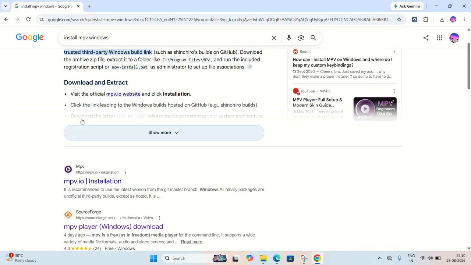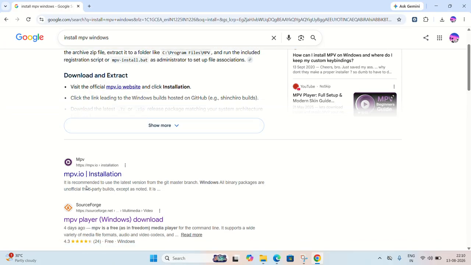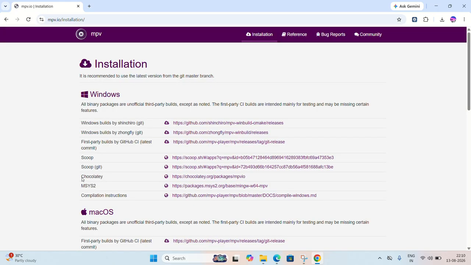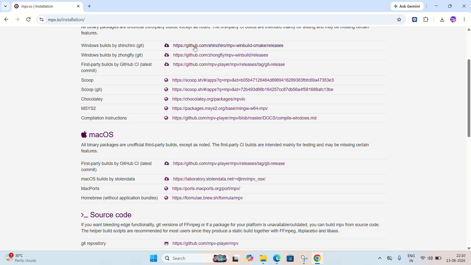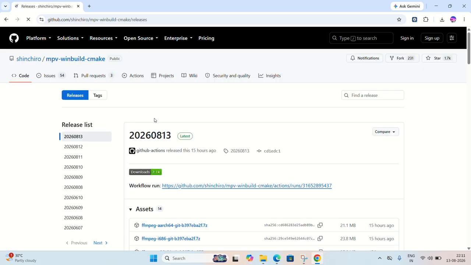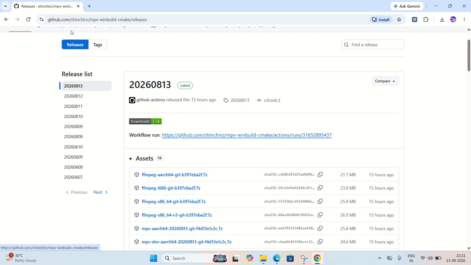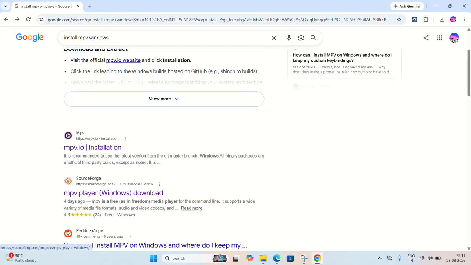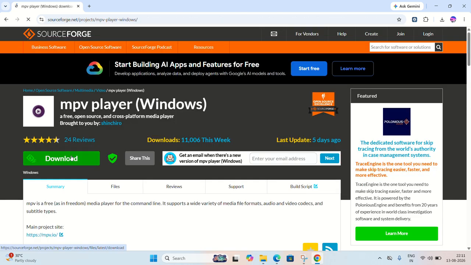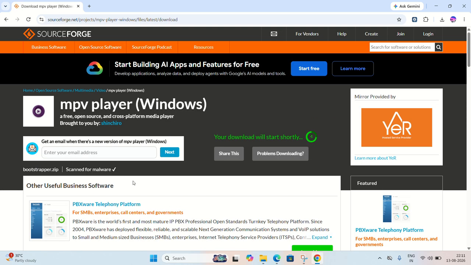Now guys, here you see that it is the first link. So you just go to mpv.io/installation. Just go here and you can download from this link. Okay, choose according to you. And if you download from here, so guys, you go here, MPV player for the source host, and simply download